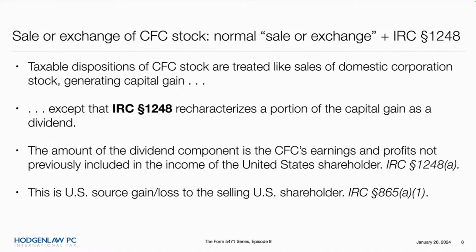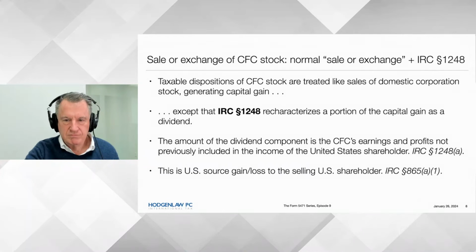So, in general, that's the procedure I follow when I'm trying to unravel something. I first pretend the transaction is a purely domestic transaction, figure out how it works, and then I add back one layer of complexity at a time by pretending that one party or another is a foreign party. So the idea here is Section 1248 does one thing. It says, yeah, you've got a sale, but we're going to recharacterize some of the amount that you realized as a dividend rather than capital gain. That's all it does.